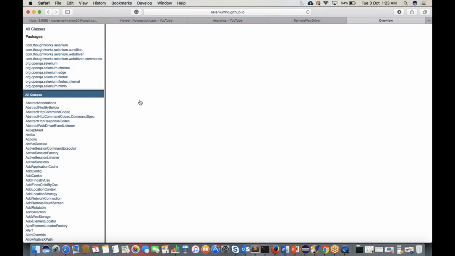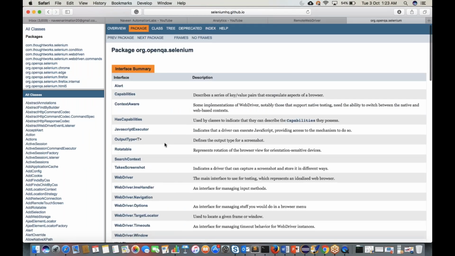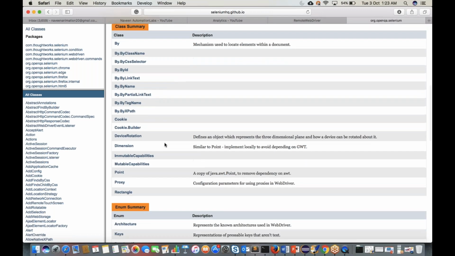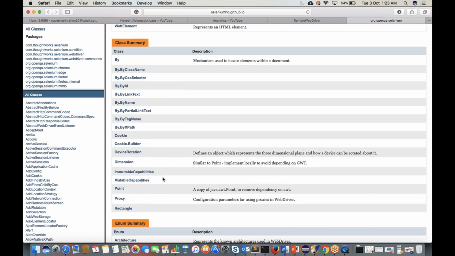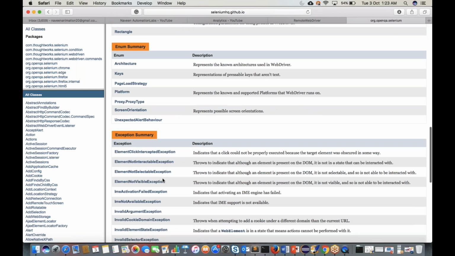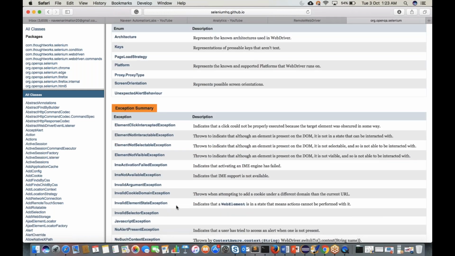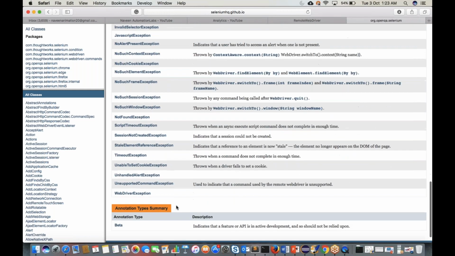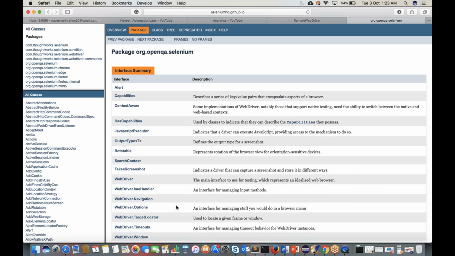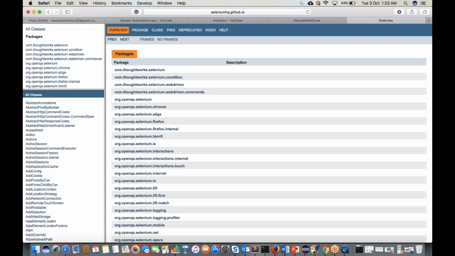If you open this package, all these interface summaries they have written, and these other classes are available in this particular package. These are the class summary, and these are the exceptions which are defined in this particular package. All the complete schema, the complete architecture, you can see it over here inside this openqa.selenium. So guys, openqa.selenium, if you go to see